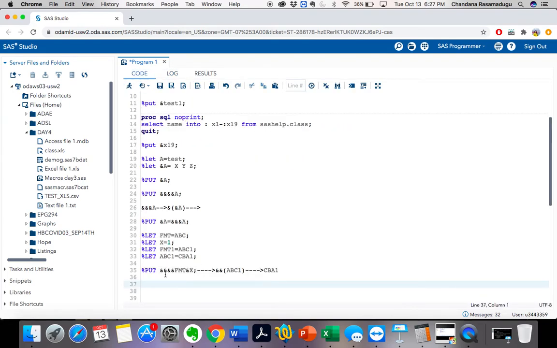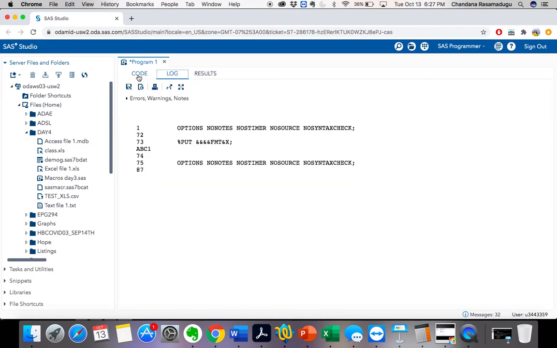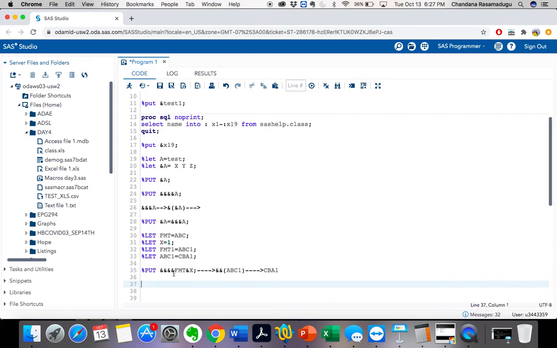Earlier, when I gave 3 ampersands, my value was cba1. But when I took 4 ampersands, my value is abc1, because at first these 2 ampersands got resolved to 1 ampersand, and again these 2 ampersands got resolved to another ampersand.